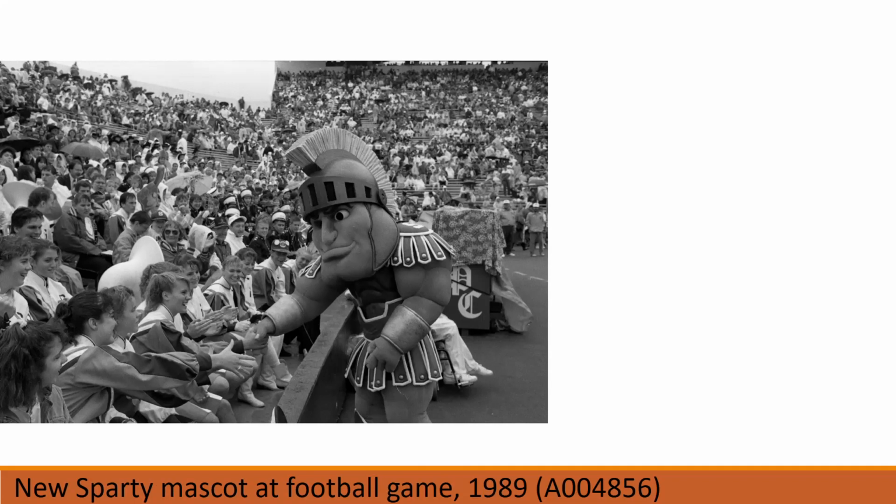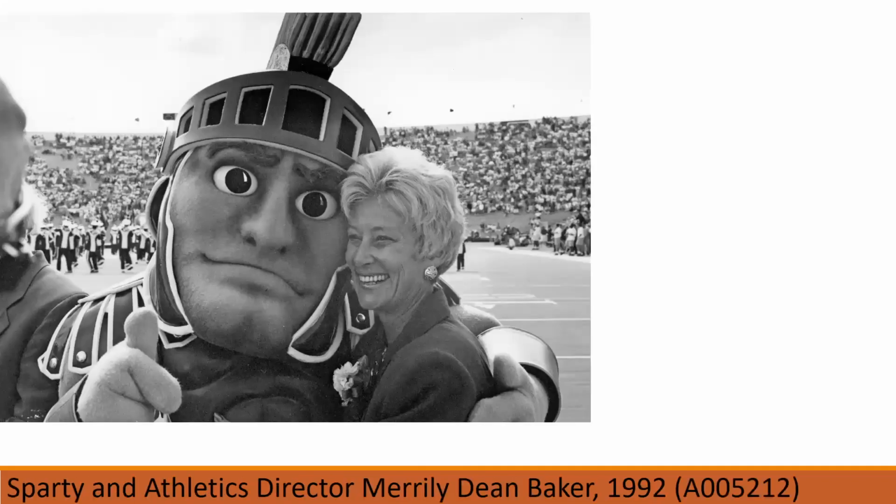So since the current mascot was introduced in 1989, the MSU Alumni Office, which was formerly the MSU Alumni Association, has had the honor of...